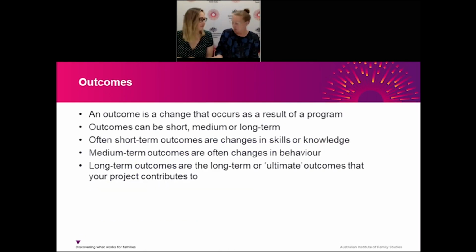And so do you need to quantify your outputs? Again, it's up to you. You can. We haven't in our examples, and really that's something you tend to do in evaluation, which is why I haven't actually put them in the examples, but you absolutely can if you want to. Thanks, Kat. Let's move on to outcomes.